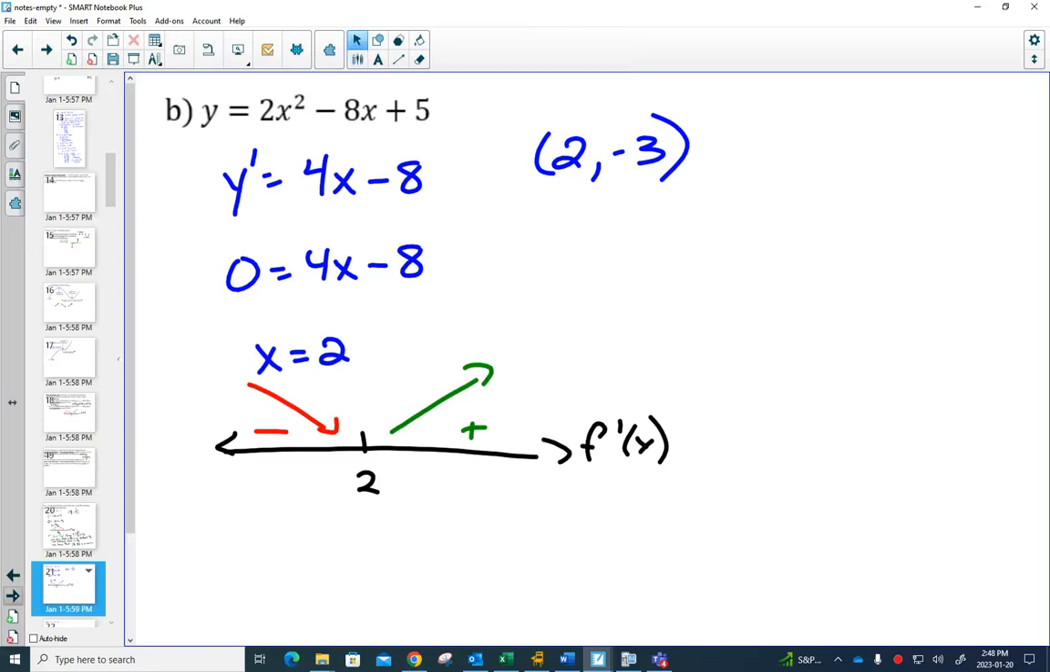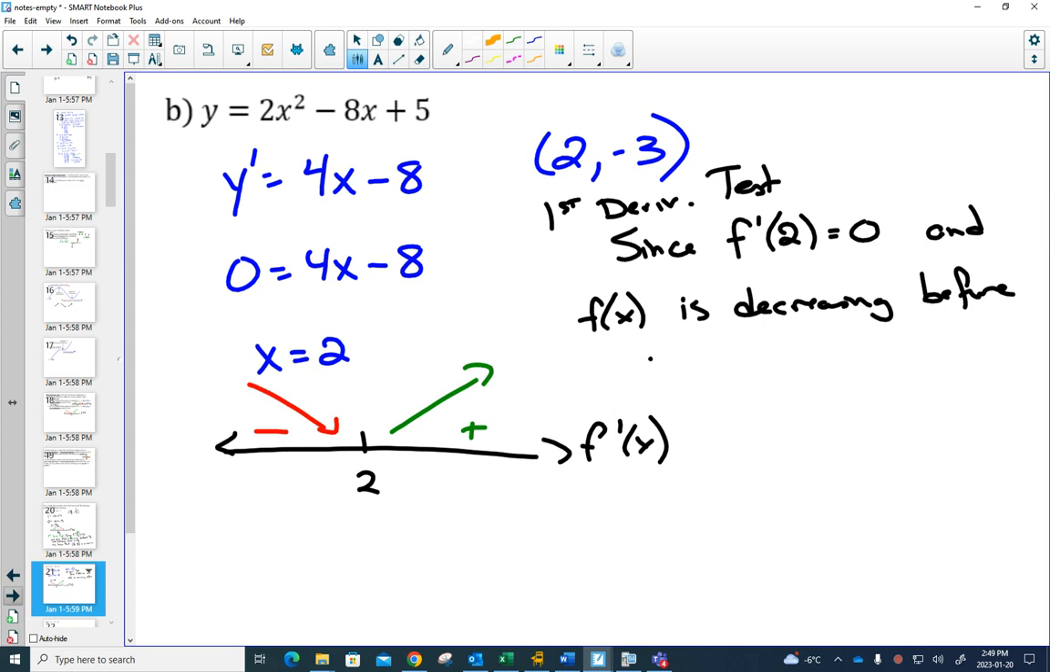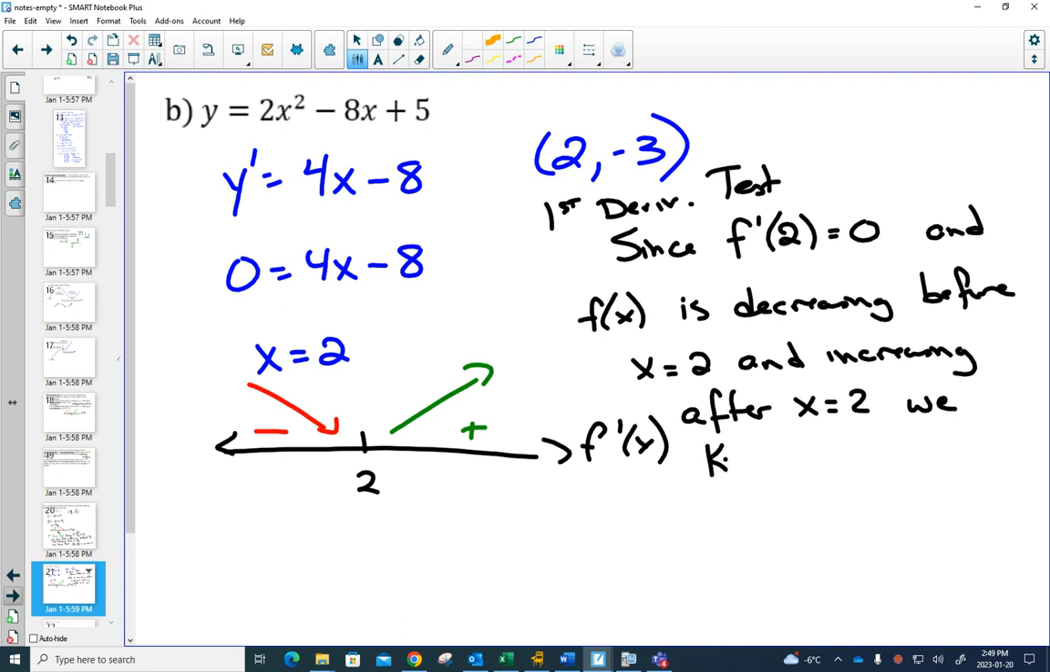So we can write our statement. Since, here's our first derivative test. Since f prime of 2 equals 0, and f of x is decreasing before x equals 2 and increasing after x equals 2, we know that (2, -3)